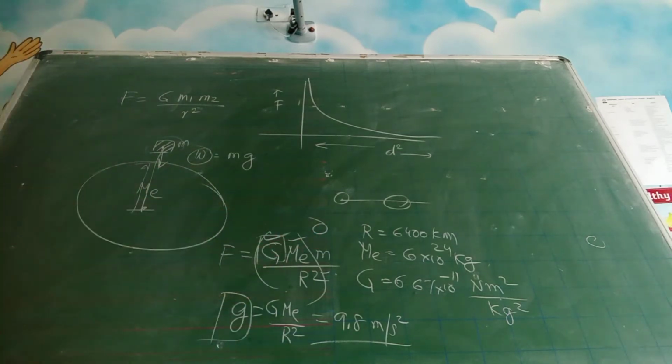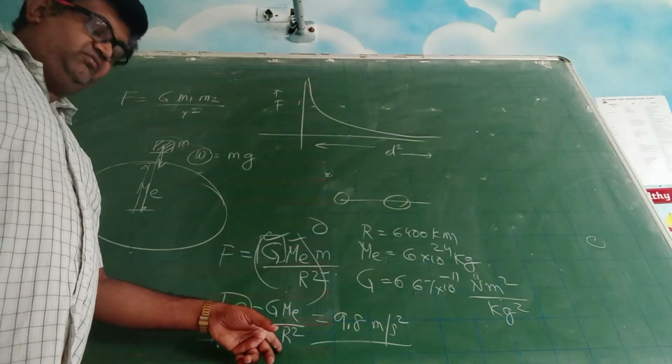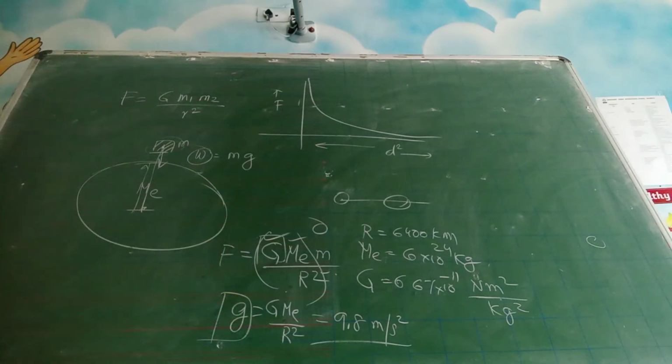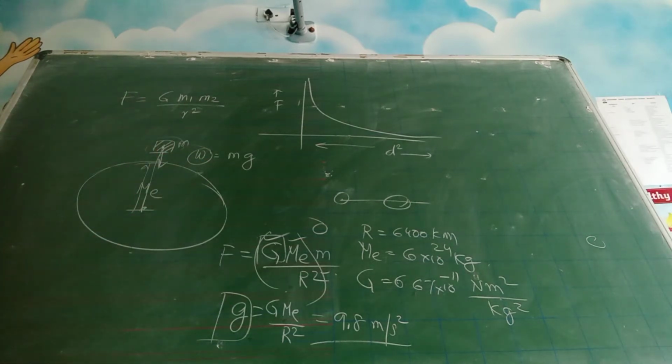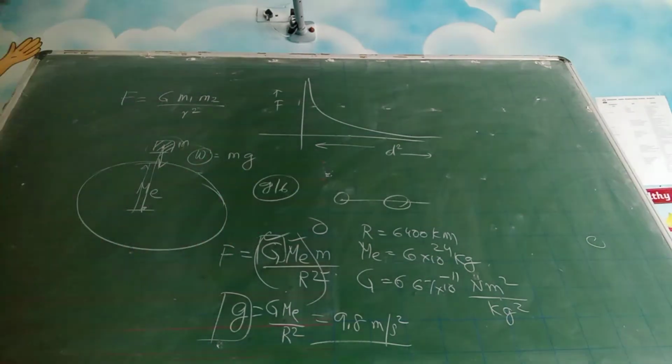Now suppose you go to some other planet instead of earth, some Jupiter is there. So you have to write the mass of Jupiter and the radius of Jupiter here. So the g value will change. Similarly, if you go to the moon, some other value will be there. The value on the moon is approximately g by 6. It is 1/6 of our g value when you go to the moon.